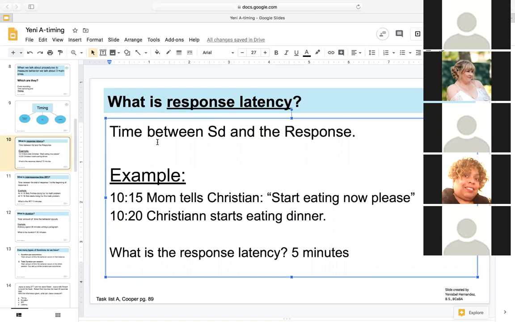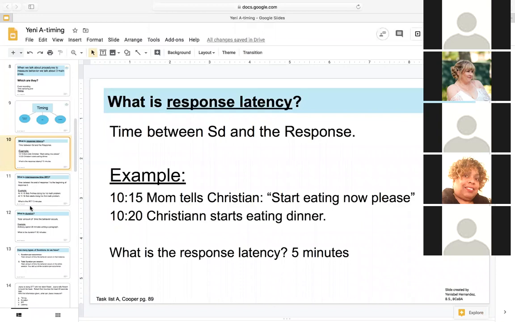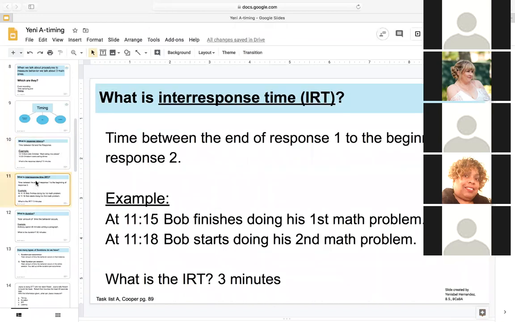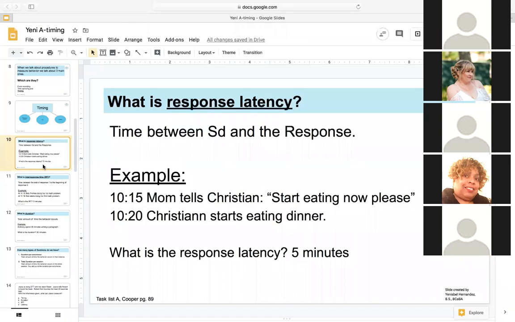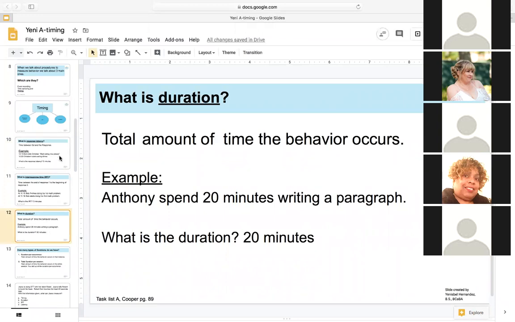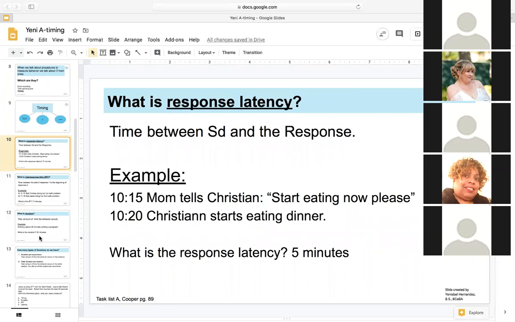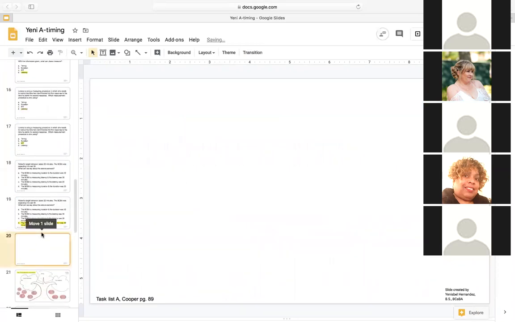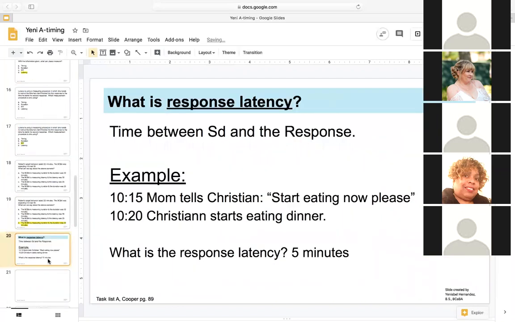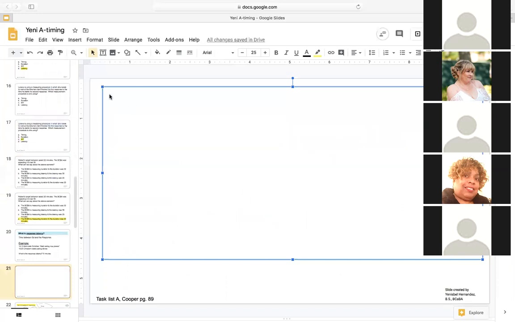So the way you do it, for example, now we're talking about timing. When you're going to decide what question to write, I want you to focus: which one do you want to test? Do you want to prove if the person knows latency, IRT, or duration? Which one do you want to test for, Aisha? Latency. Okay, so we're going to do latency. I'm going to put it here so we have it fresh in our mind. So if we're going to do latency, how do you want to do the question? Any idea?